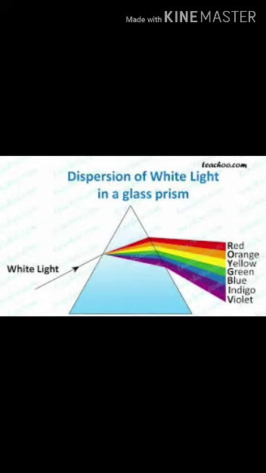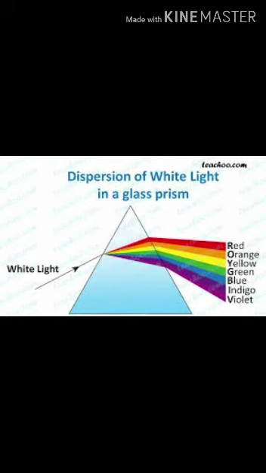Then come to the colors of light. White light is composed of 7 colors. These 7 colors are violet, indigo, blue, green, yellow, orange and red. When these colors combine, they appear white. This can be tested through a simple experiment. When white light is allowed to pass through a glass prism, it gets split into its constituent colors. If a screen is put behind the prism, a band of colors can be seen on it.